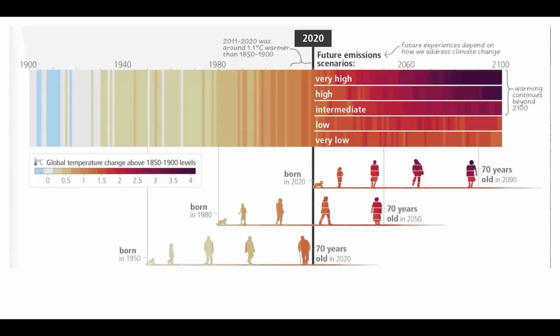Going back to what I was saying earlier, this affects every single person in this room and our children and the children of our friends and family. I was born in 1990, so right about here. And what this is saying is by the time I am 70 years old, we are currently on the path of a very high emissions projection. And so we're going to have, again, that 3.5 to 4 degrees warming. But my cousin, who was born in 2020, when she's 70, she's going to have a much, much worse world. So this is something that we know we need to act on swiftly, because it will affect not just us, but those that we love.